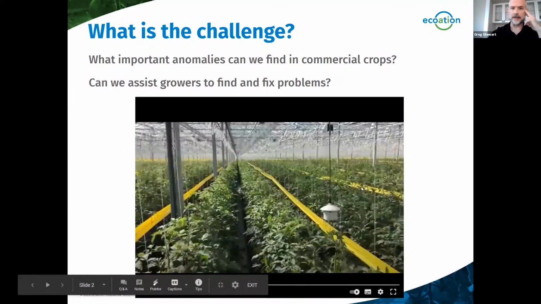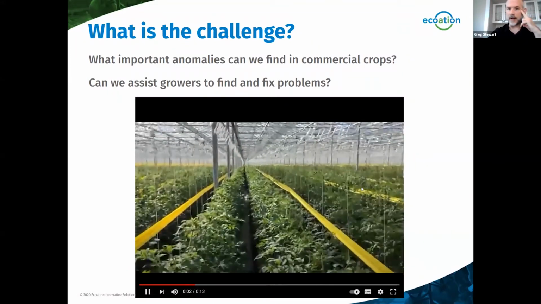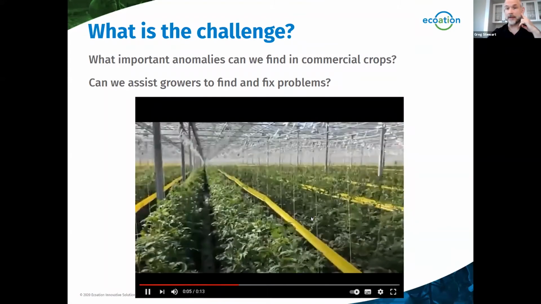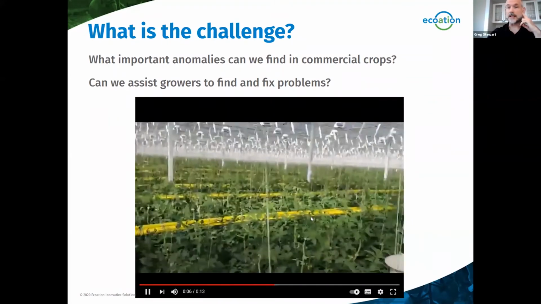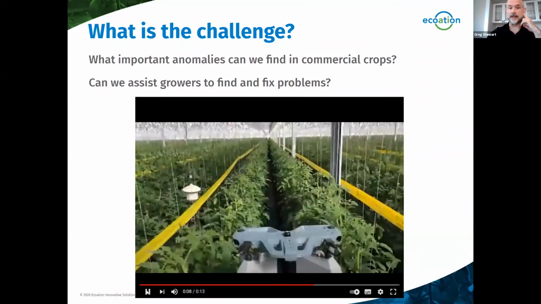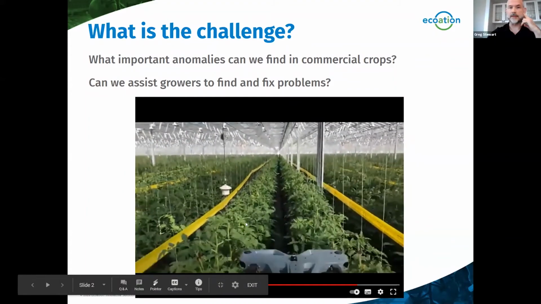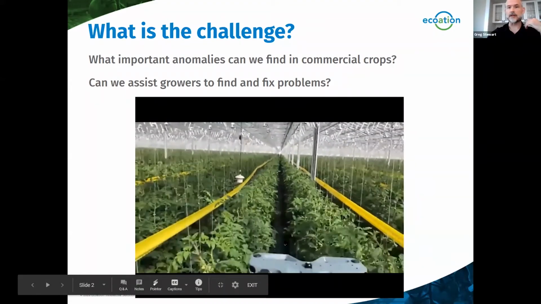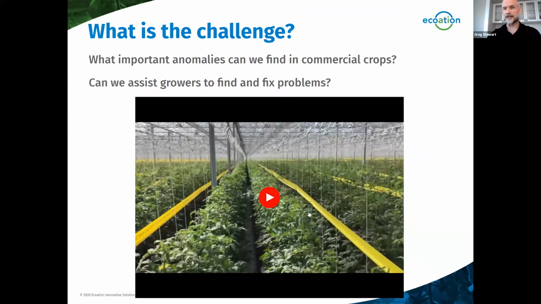So let's take a look at this. I'm about 3 meters up in the air. This is a tomato crop in a greenhouse. But just to get a sense of the scale, this place is pretty impressive. People say that you can kind of see the curvature of the earth inside one of these greenhouses, but it's absolutely massive. So these are dozens of acres that people are growing their crops in modern greenhouses.